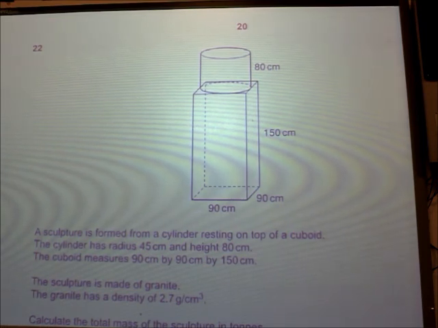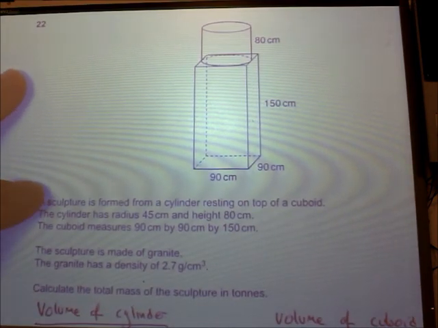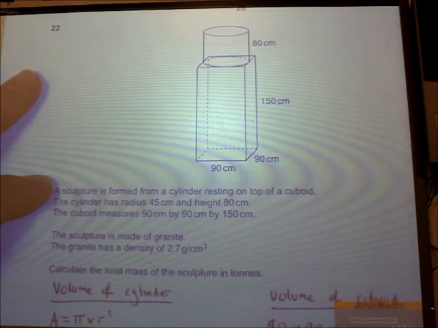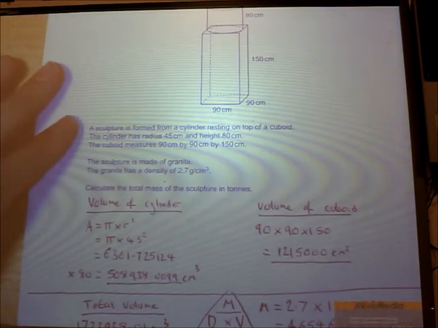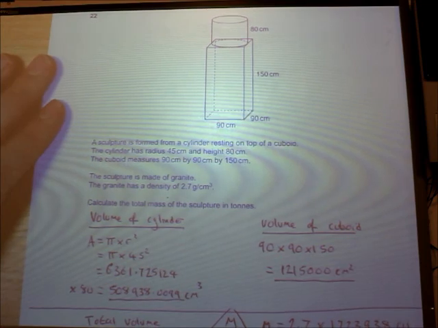But the first thing you've got to do basically is find the volume of each of these shapes. So what I've done, the cuboid and the cylinder, and I'll talk you through them. If you've got the exam paper in front of you, that's really handy because you can look at the sculpture. It's a little bit small, this, so I'll leave that there, and I'm going to zoom in now on my